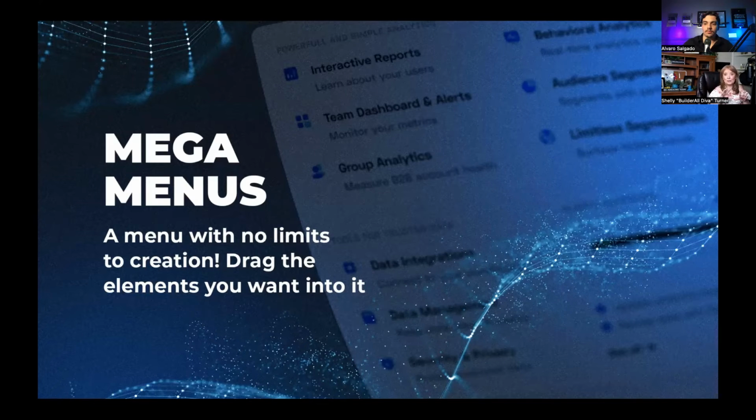It's a menu with no limits, and you can drag in the elements that you want to add to the menu. So it can be a traditional menu like the menu, submenu, sub-submenu, but you can also add in images, you can add in icons, you can add in extra text. It is amazing what you can do with it. So that's one that I want you to write down, mega menu, so that when you jump in for the first time, you can investigate that. And that alone, you're going to be impressed with.